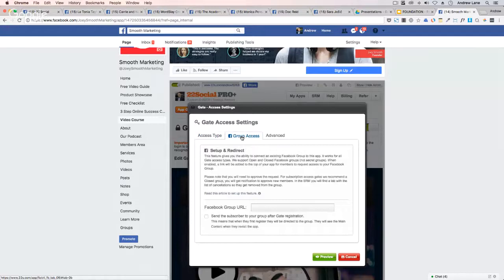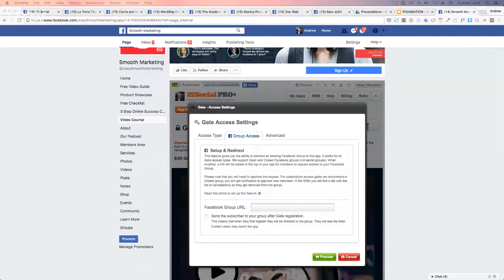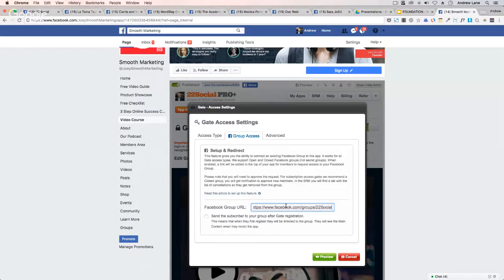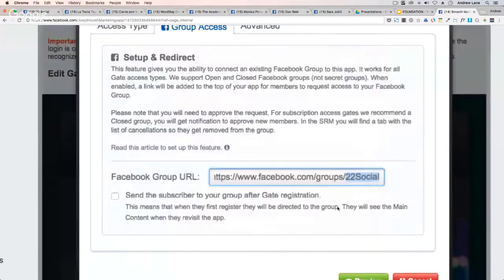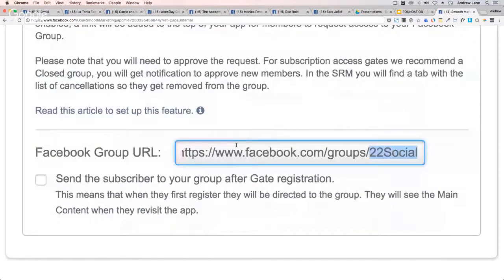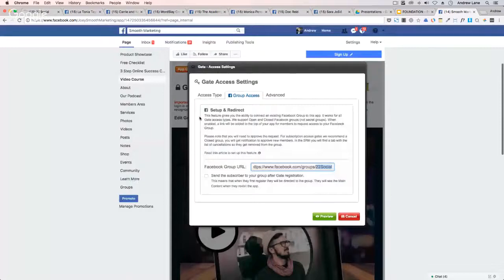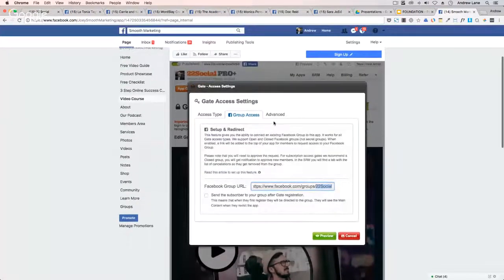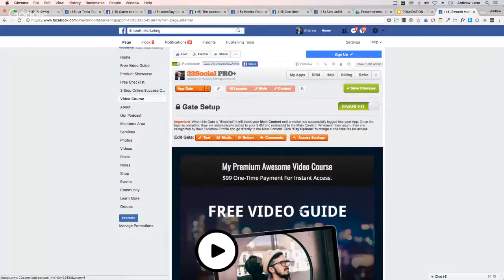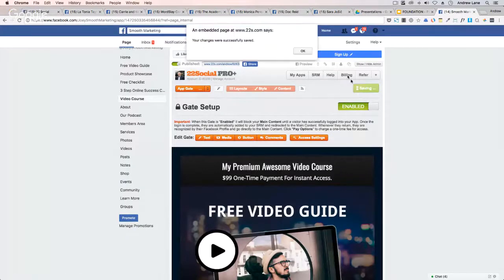The group access is available for free, one-time payments, and subscriptions. All you have to do is put in your group name. So I'll just go grab our 22 social group. Just put in the facebook.com/groups/ and your number or the username for your group. So you drop that in, and that's pretty much all you need to do. Okay, so I'm in the access settings on the gate, group access, drop it in, preview, and if I save,